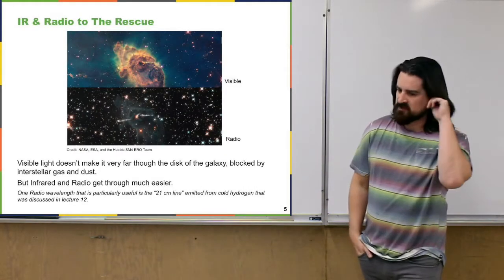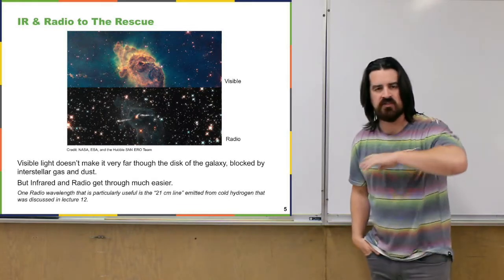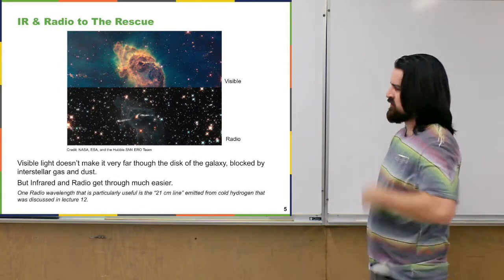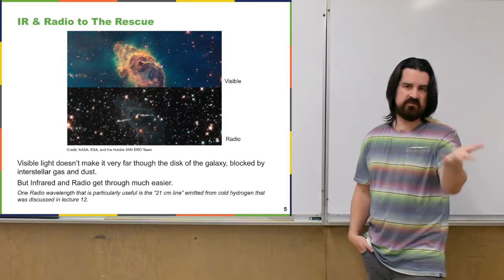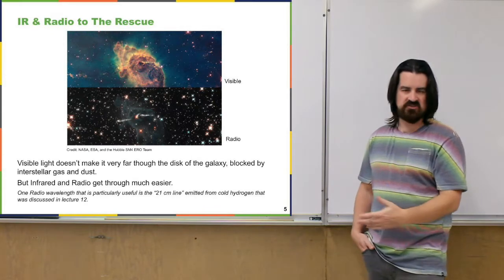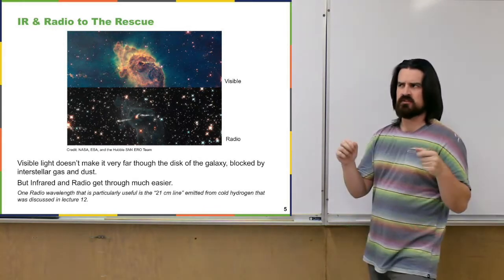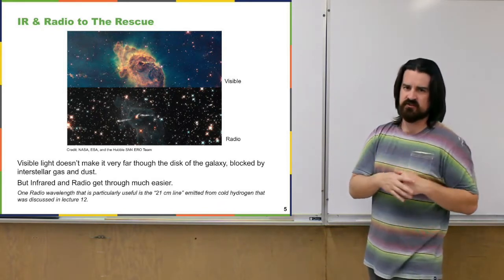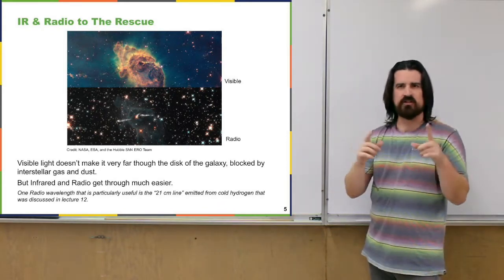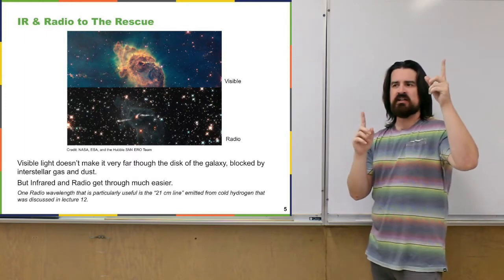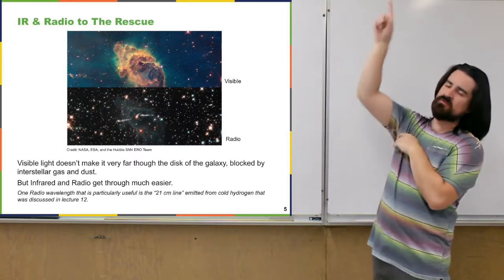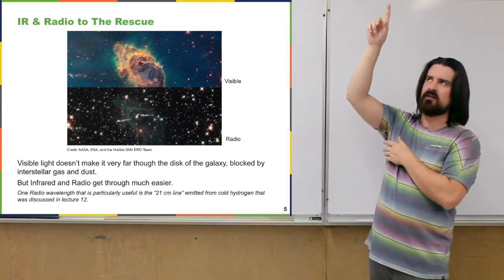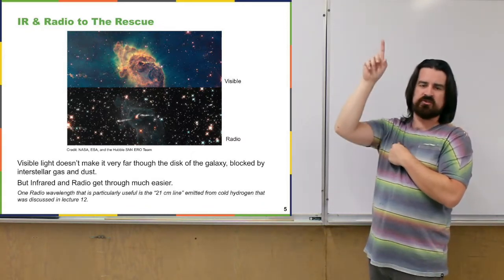Part of what made it difficult to see much further out than a few thousand light years was that there's a good amount of dust and gas just floating throughout the galaxy. That's the interstellar medium that I told you about when we were talking about the stuff in between the stars. It's sort of like trying to look at stars in the night sky. If you look straight up, we're looking through the atmosphere, so there's a decent amount of gas in the way, but we can still see stars fairly well.